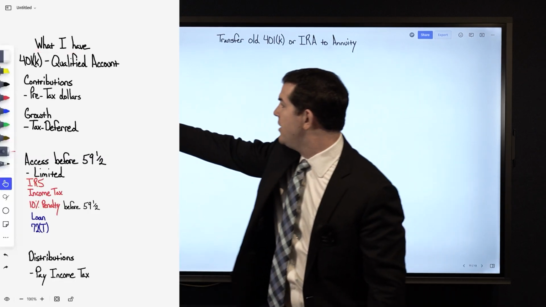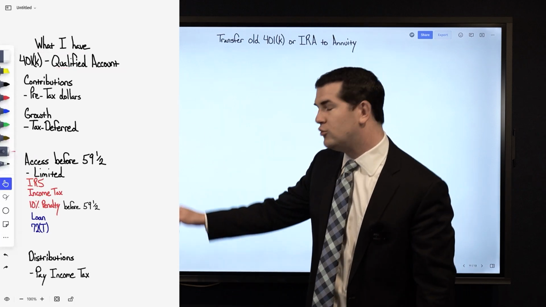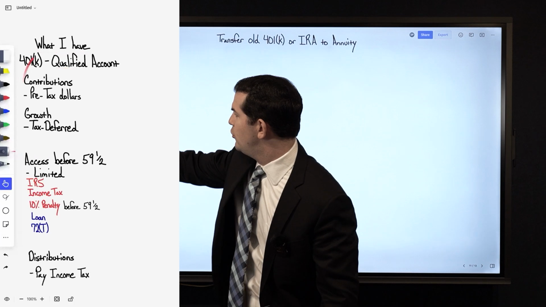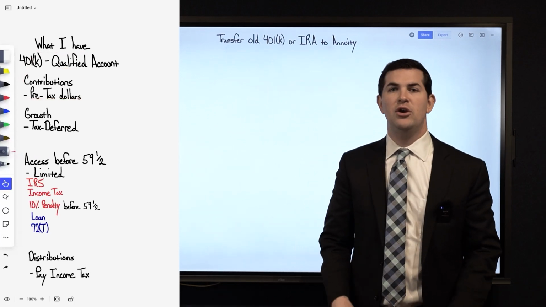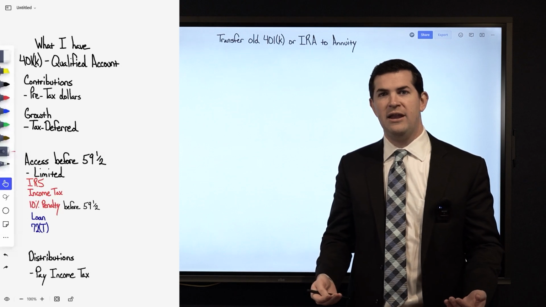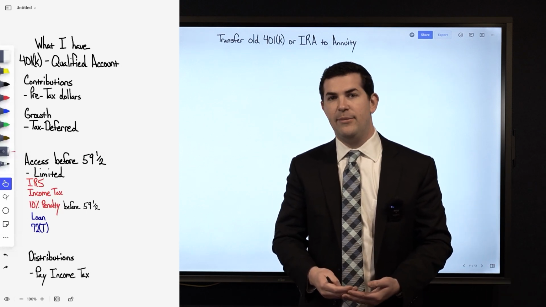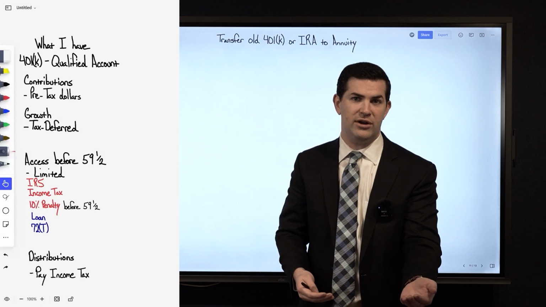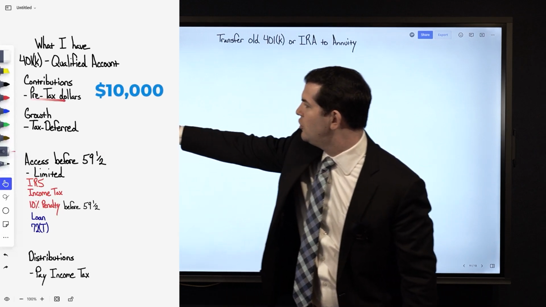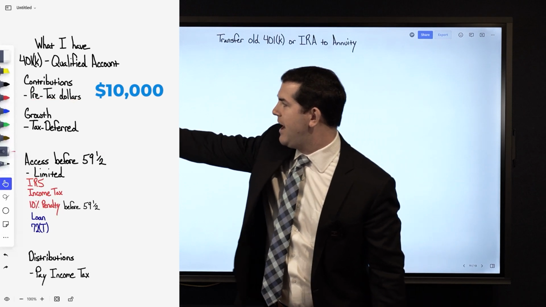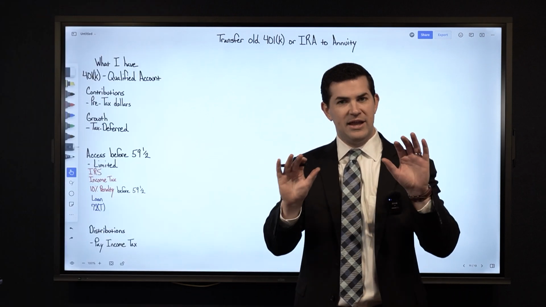So a 401k is considered a qualified retirement account. Here are some features to that. Firstly, with contributions, they're always made with pre-tax dollars. So what that means is pretend that your annual income is $100,000. That means you are taxed on $100,000. But if you contribute $10,000 to a 401k, and that contribution is considered to be pre-tax money, that means that